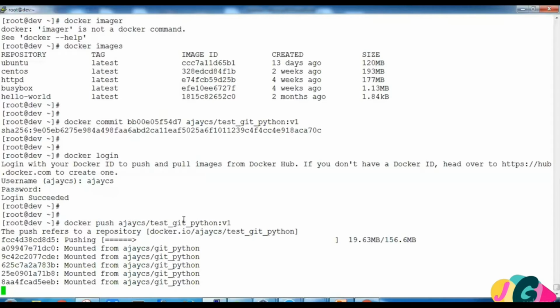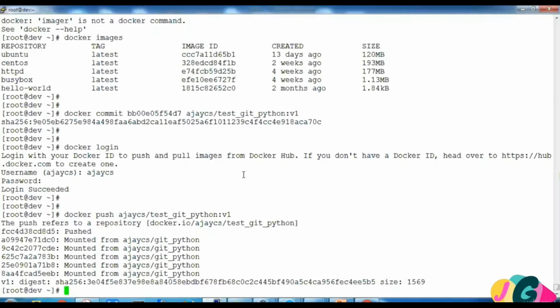Now this image will have the installation of Git, Python, plus updated Ubuntu. So if anyone needs pre-installed Git, pre-installed Python or something, they can just type this name while deploying the container. Once our upload is completed, we'll see how we can use this public image to deploy our container on this system.